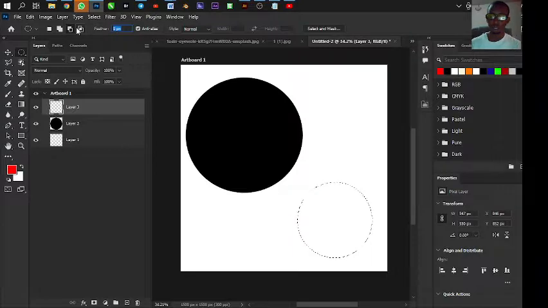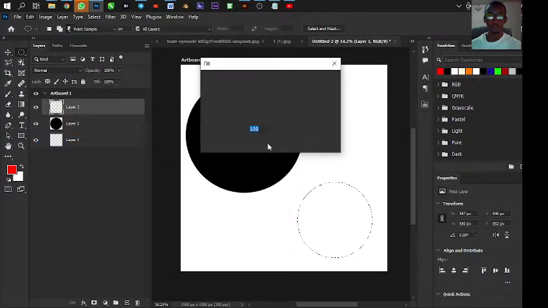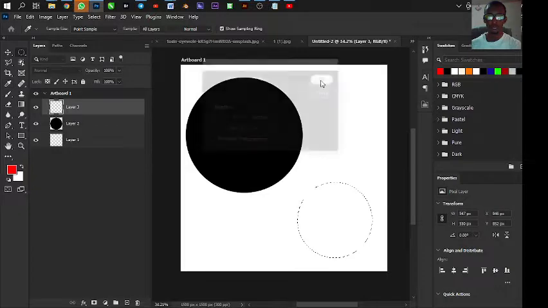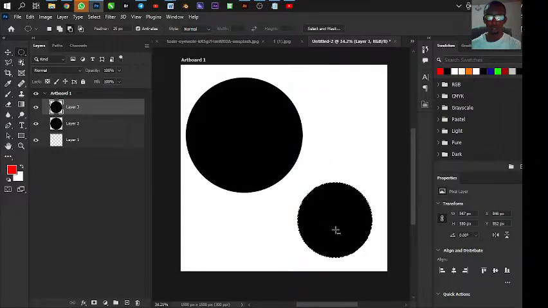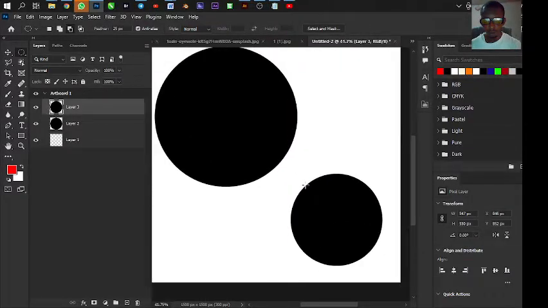25. Okay, then go to, I think it's Edit, Fill. The shortcut is Shift F5 and click OK again. What's happening? Is the feather too small? Let's see what's going on. Okay, maybe I need to